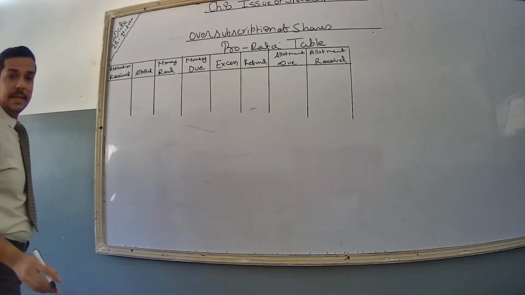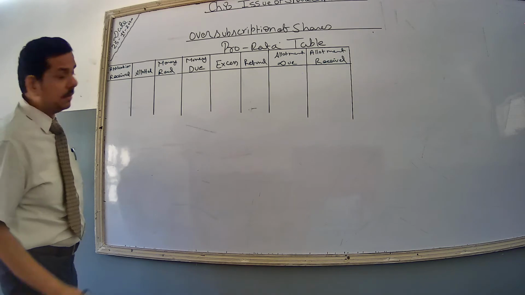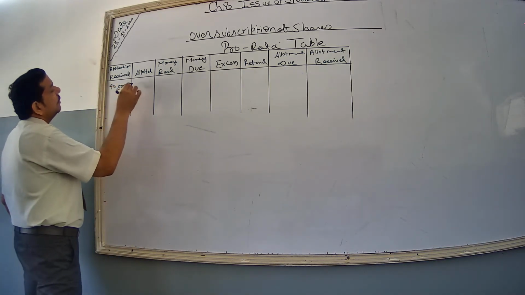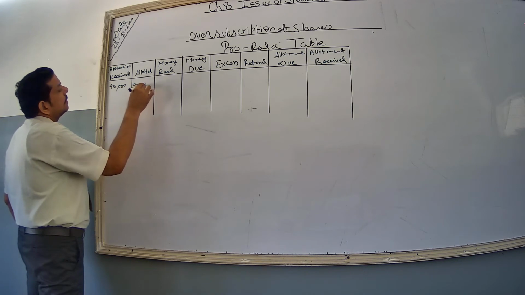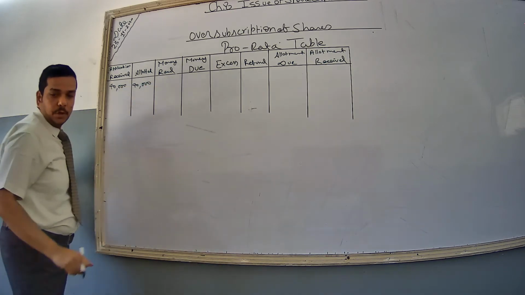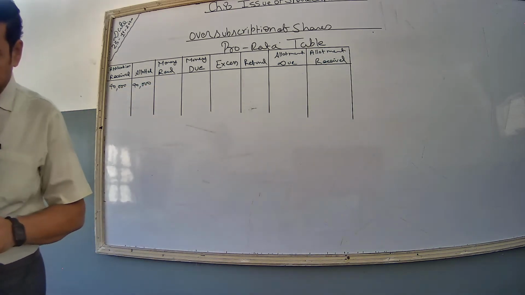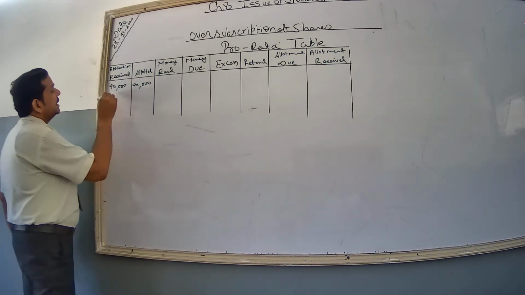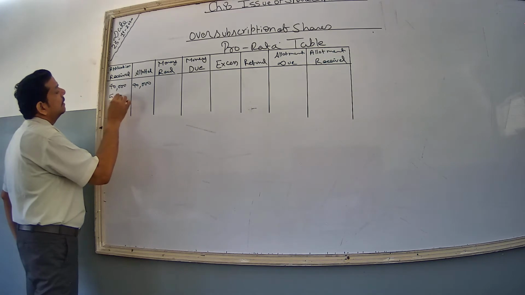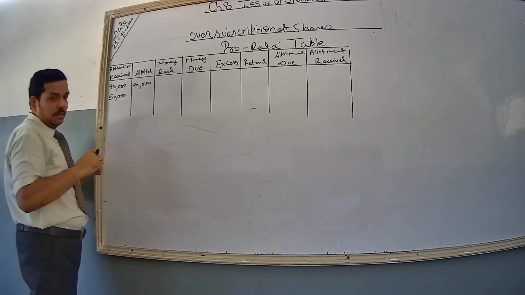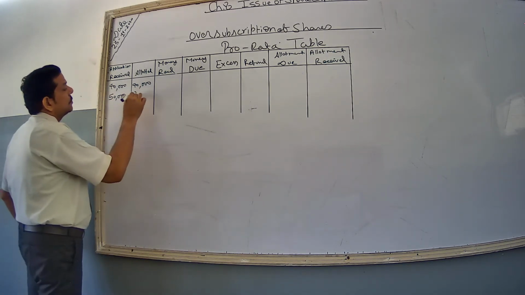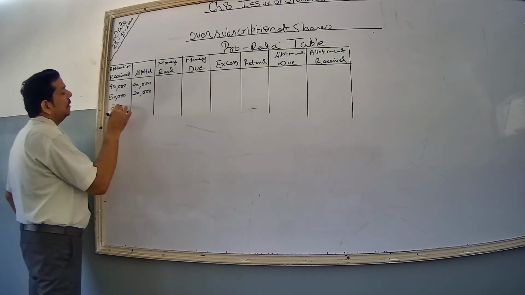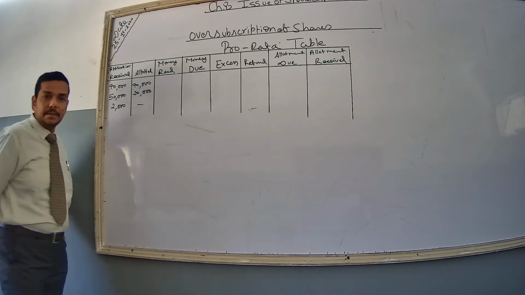Now one table has been given in your numerical. Applications received 40,000 are allotted 40,000 here, which means allotment is done in full. Next, applications for 50,000 are allotted 40%, so 20,000. And applications for 2,000 here are allotted nil.